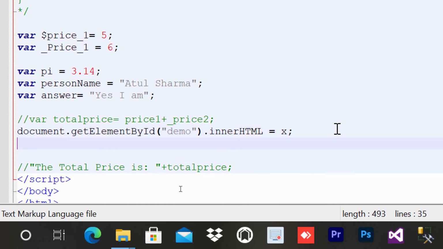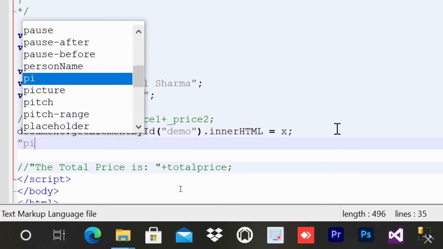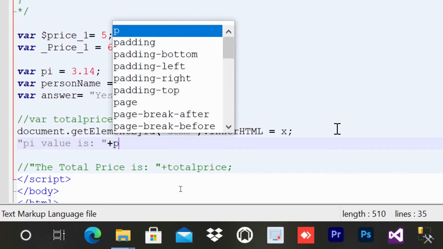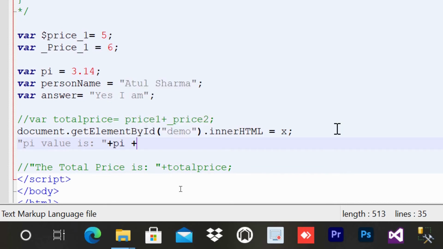So what I am doing is writing that the pi value is pi, and then we do a line break.